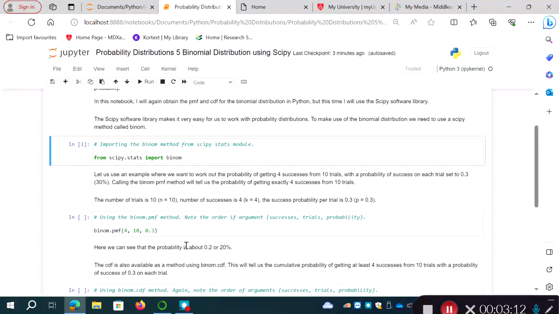k or x, the number of successes, and p, the probability of success, will return a probability of getting, say, 4 successes from 10 trials. So in this case, the number of trials is n equals 10, the number of successes is 4, so k equals 4, and the success probability per trial is 0.3, so about 30%. And in order to do that, remember we had to